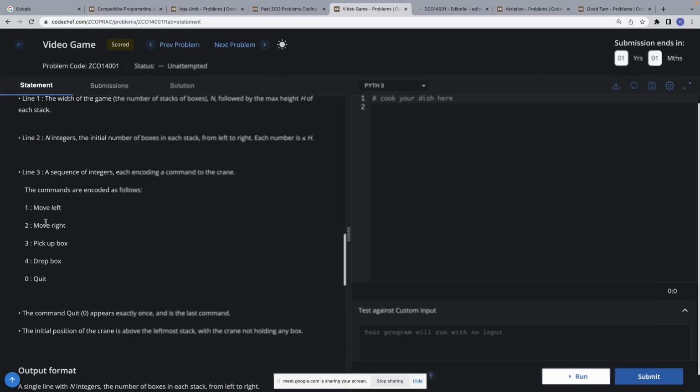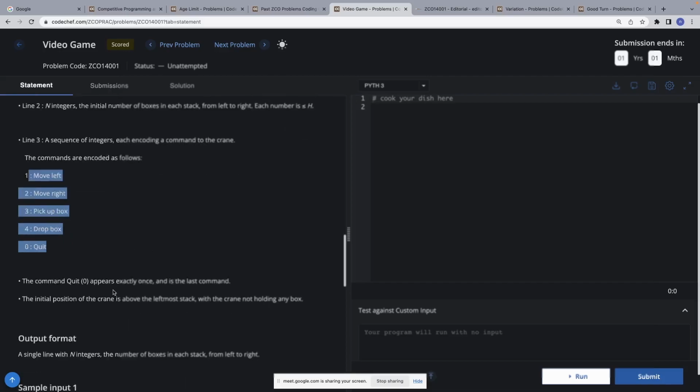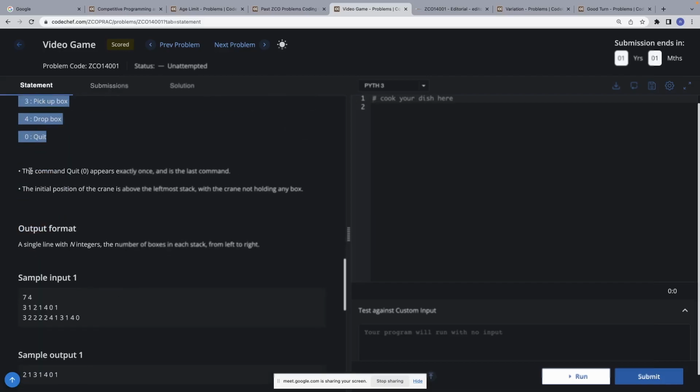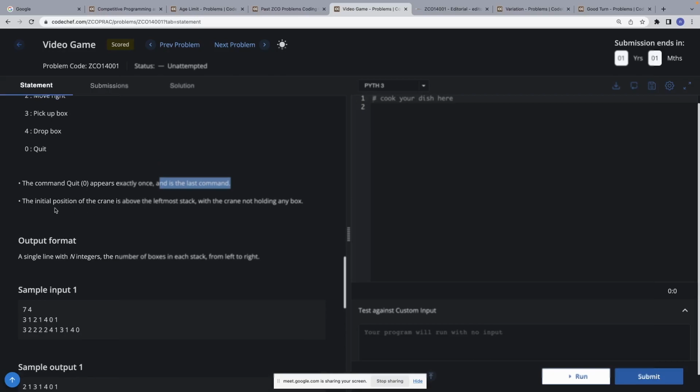So 1 means move left, 2 means move right, 3 means pick up, and 4 means drop. We give these inputs, these commands. After the commands, 0 means quit, and it appears exactly once as the last command. The initial position of the crane is above the leftmost stack, with the crane not holding any